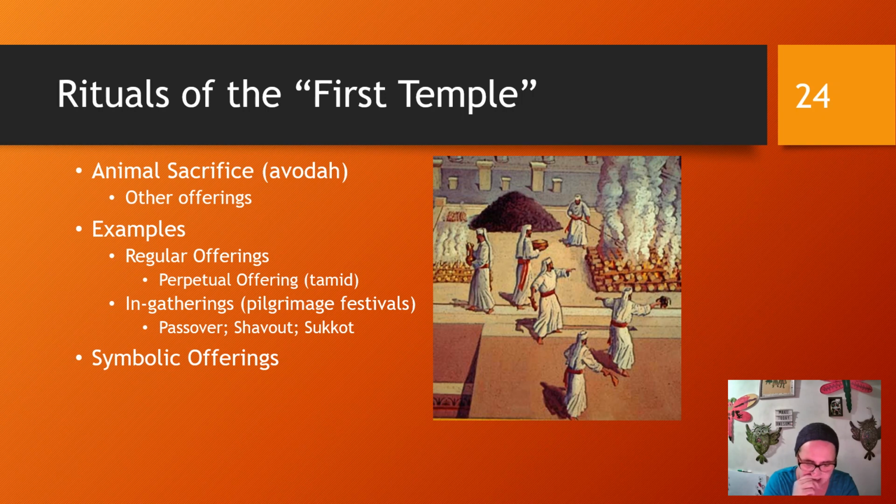The temple was the center of covenantal maintenance and renewal. So it was the place where the Hebrews or the Israelites could show their devotion to God, pay their respects to God, in order to continue the blessings and the covenantal renewal that allowed those blessings to come. So it was the source of prosperity and fertility and abundance and protection and power and status and being able to keep the land.